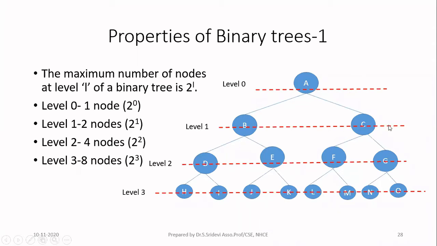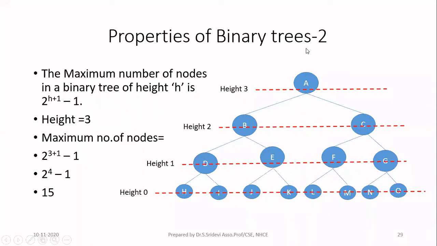Similarly, when you go to level 1, since it is a binary tree, the root node can have only two children. So you will have only two nodes in level 1. The formula is 2 power 1 because this is level 1, so it is 2. Similarly, go to level 2. In level 2, all the nodes in level 1 can have a maximum of two children. In level 1, we have two nodes, and they can have two children each. So 2 multiplied by 2 is 4. So in level 2, we have 2 power 2, that is 4 nodes. Similarly, in level 3, we have 2 power 3, that is 8 nodes. So this is the maximum number of nodes at any level.